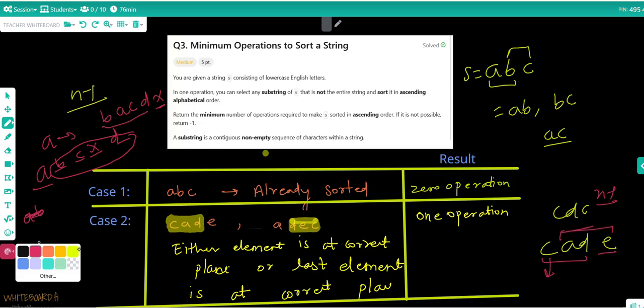If you choose the whole left part and sort it, then it will become sorted in one operation. So if the string satisfies this condition, after sorting this part or this part, the whole string will become sorted.